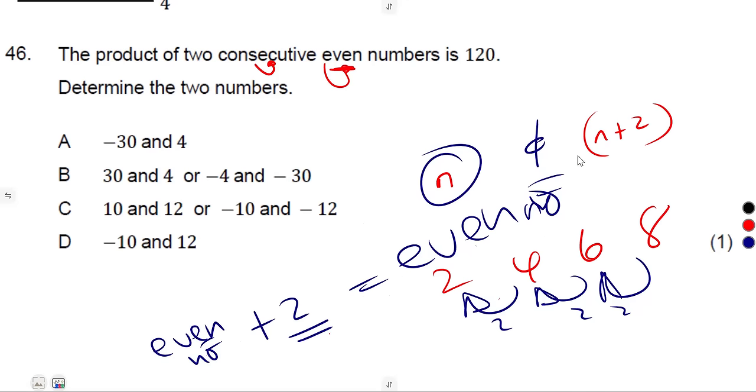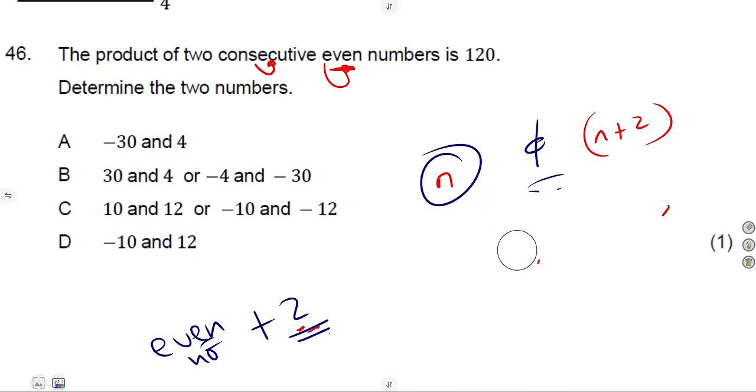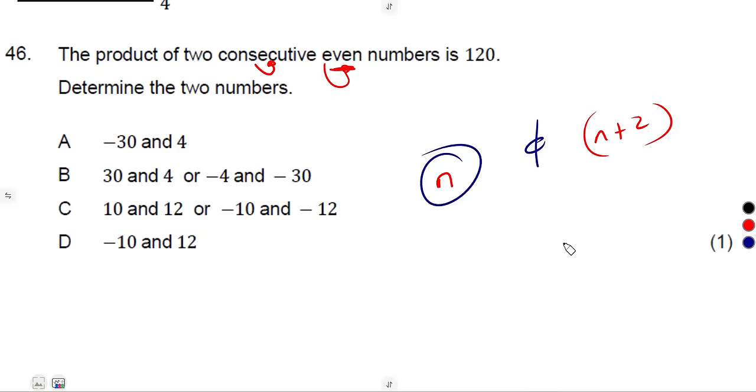If the first one is n, the second one is n plus 2. There's a difference of 2 for each consecutive what? Even numbers. So if the first is n, then the second will be n plus 2. So they say the